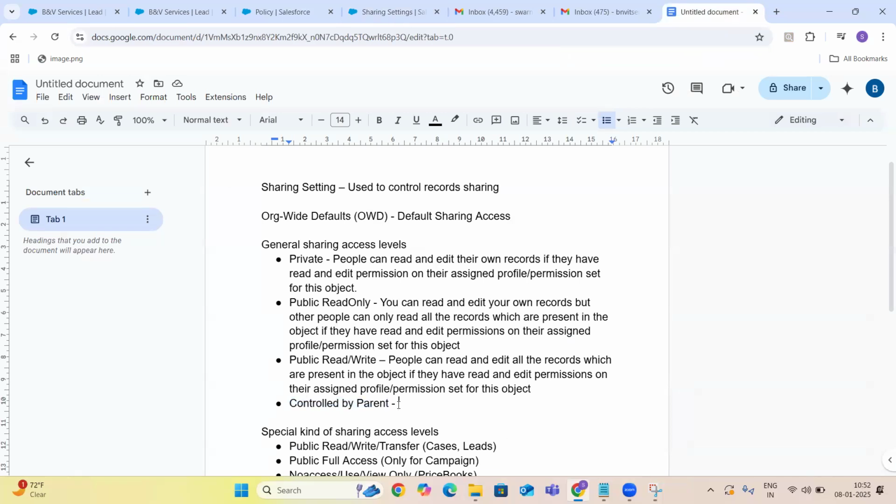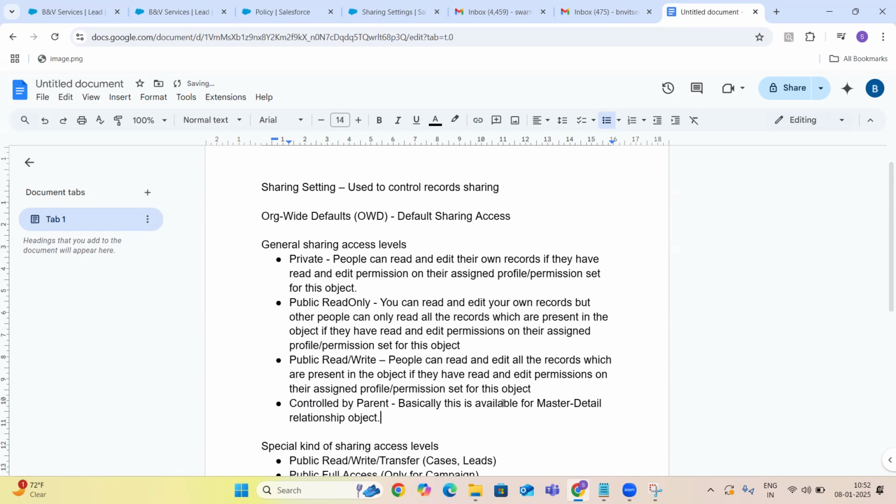This applies the same permission. I mean, basically this is available for master detail relationship objects. If they want to trick you, you are saying controlled by parent is available in master detail relationship objects.